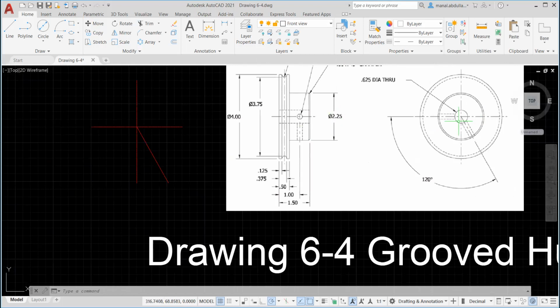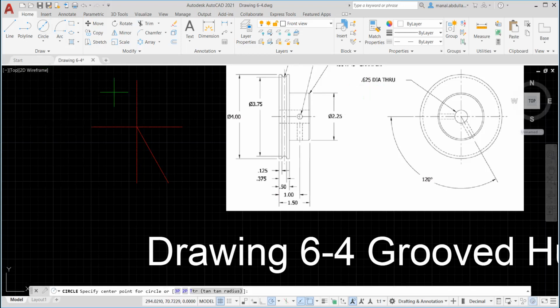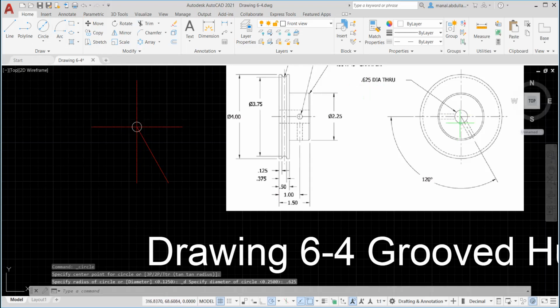Let's start drawing the circle here with the diameter 0.625. So get circle diameter, make sure you pick the correct point, then you type 0.625 and hit the enter button, and this is the circle inside. Now the circles here, we do have two circles,